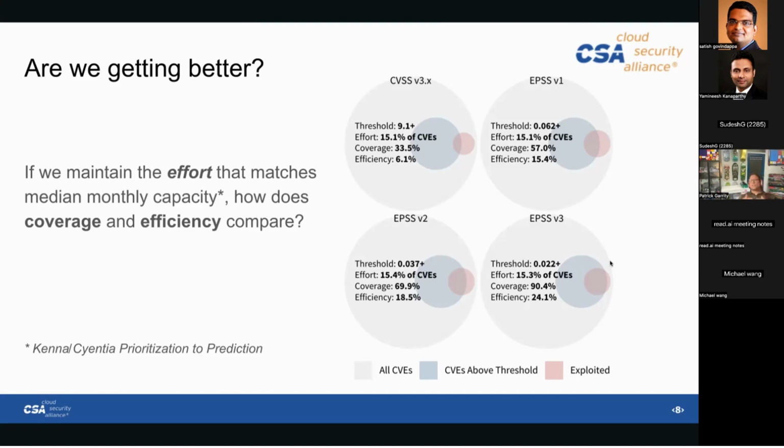But that all factors in, and then what happens is there's validation data. So exploit data from Fortinet and AlienVault and GreyNoise and a few other threat sources. So that's how we're comparing CVSS version 3 and EPSS versions to show how much coverage there actually is. Okay, got it.